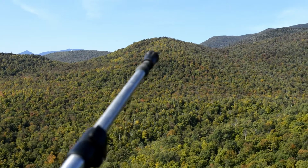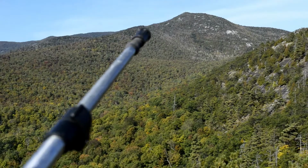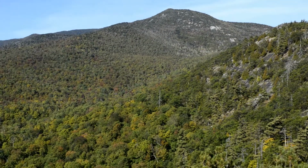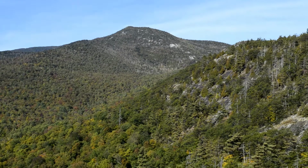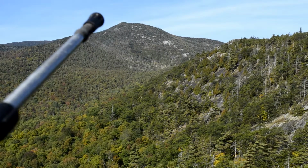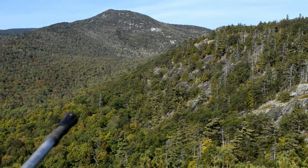This bump here is unnamed on the map, so I don't know what that one is. Going up here, this is Rocky Peak. Now that isn't Rocky Peak Ridge, as in the 46 that we're heading to. That's just a peak along the ridge. It's just simply called Rocky Peak. It's still over 4,000 feet, but we've got to go over that and then follow the ridge to the summit